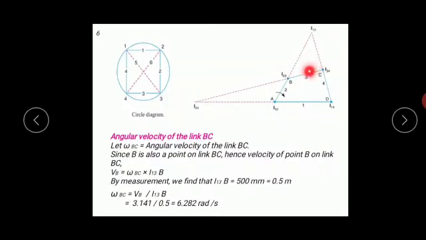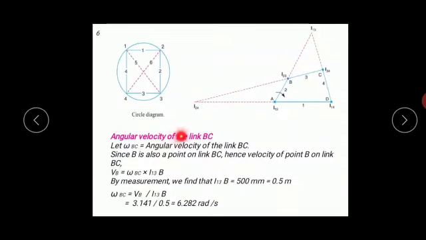From these instantaneous centers, start projecting the lines here, and similarly from these instantaneous centers also start projecting the lines. They are going to meet at a common point, and that intersection point will be the sixth instantaneous center, that will be I24. Once we have located all the 6 instantaneous centers, let us find the answer required by the statement of the problem.